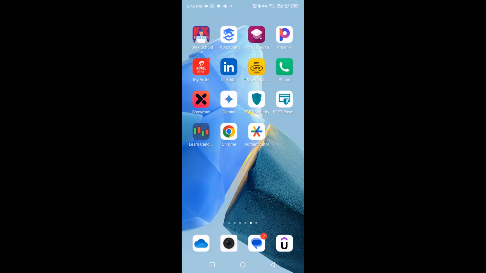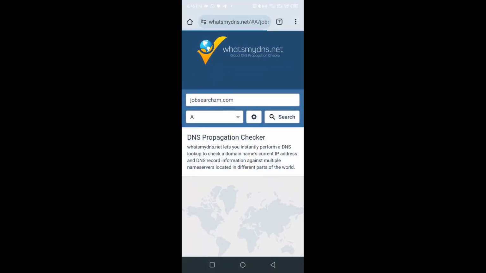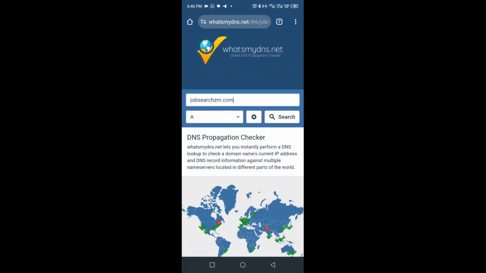If your Android device is showing connection issues or websites aren't loading properly, it might be time to clear the DNS cache. Today, I'll show you how to do it in just a few simple steps. Let's dive in. DNS, or Domain Name System, helps translate website names into IP addresses, allowing your phone to connect